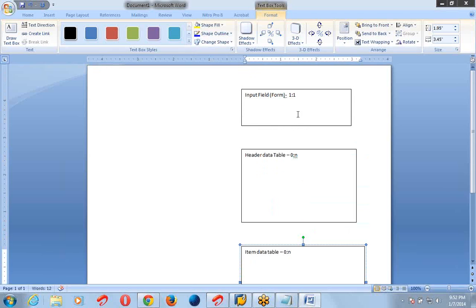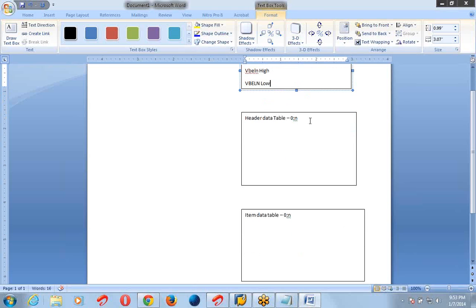In the input table we create a form with two attributes, VBELN low and high.